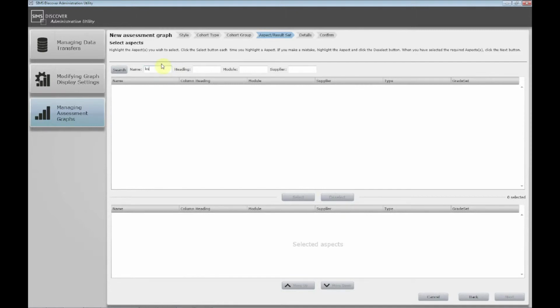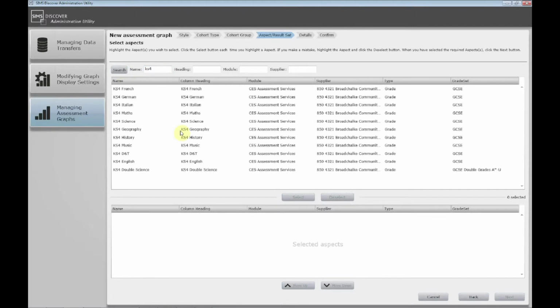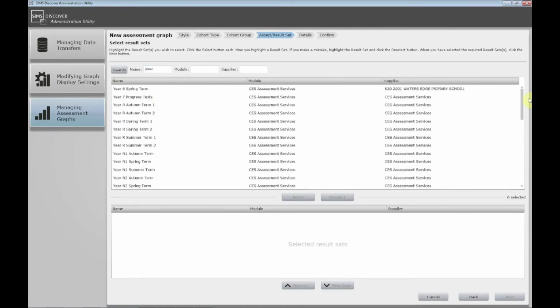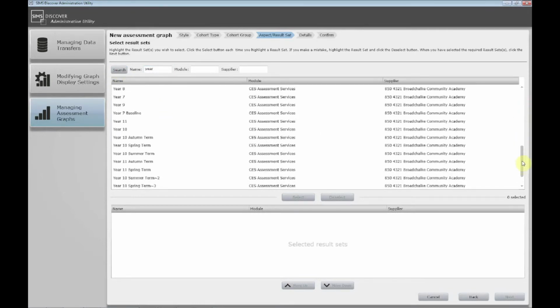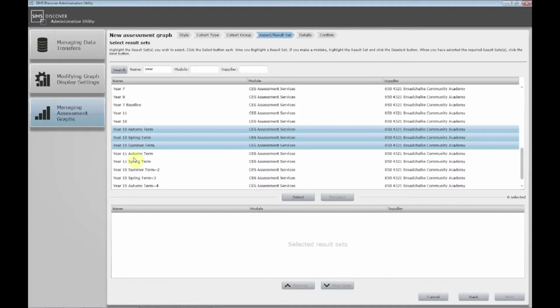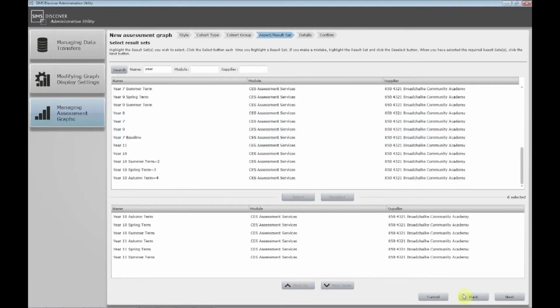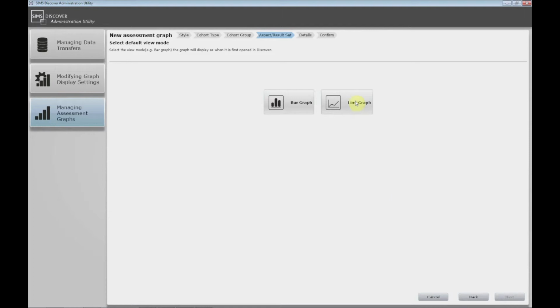So if I just type in KS4 just to minimize the search and click Maths, select that one, click Next, then the result sets. So if I narrow it down by typing year and move down, so Year 10 I'm holding control down, autumn, spring, summer. Year 11 autumn, spring, summer. Select those, click Next, choose line graph,